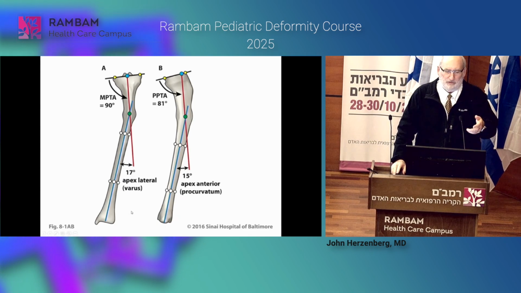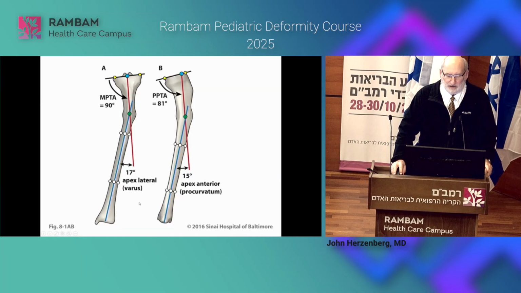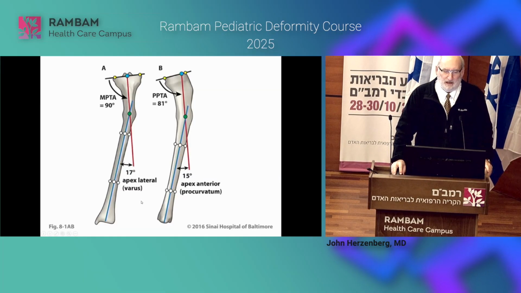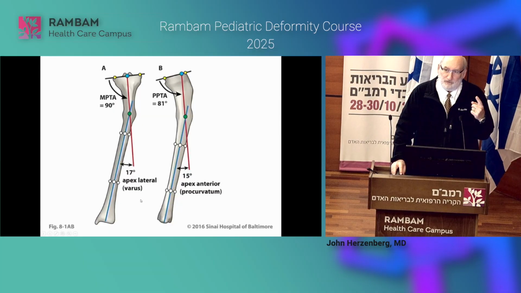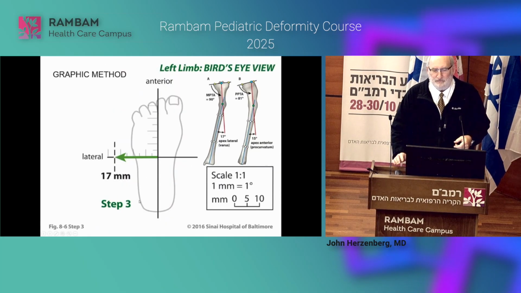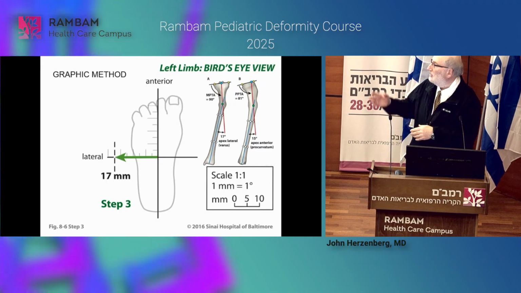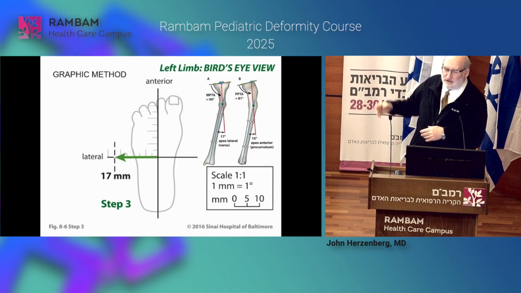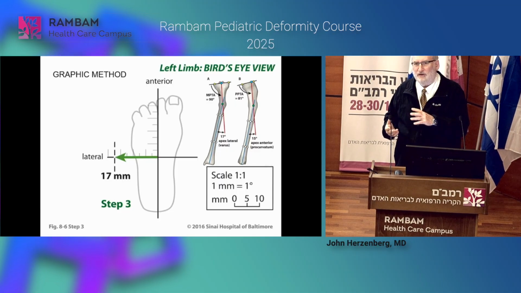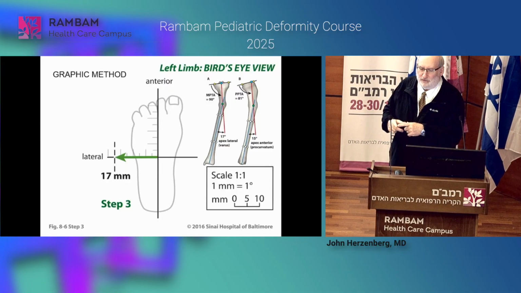And so when you have on the same bone a different X-ray deformity in 2 planes, it really means that you're dealing with one deformity, but it's in a non-anatomic plane. There's a few different ways to calculate that. One is the so-called graphic method, where you take a piece of graph paper and make the assumption, and it's not true, but it's an assumption, that 1 degree is 1 millimeter.